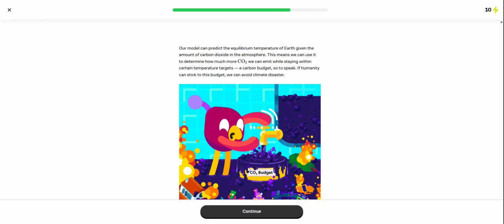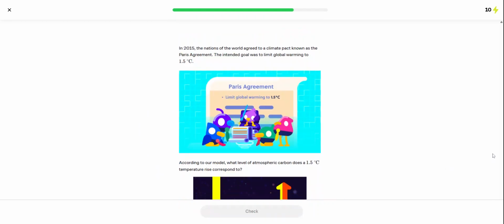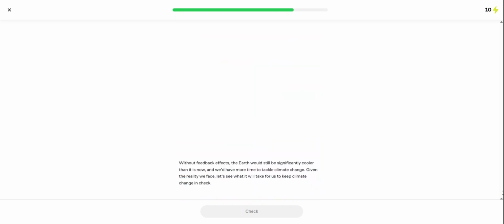Look at this. Increasing CO2 budget, like avoid climate disaster, but wait, would you believe it? This diagram's absolutely ridiculous. What do you think of this? Give your opinion in the comments as well. Continue. I need to scroll down a bit. Wait,